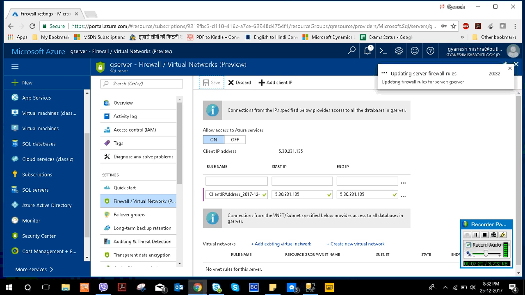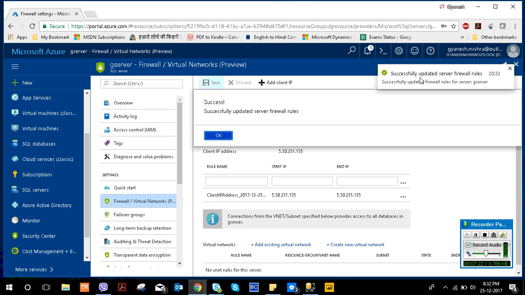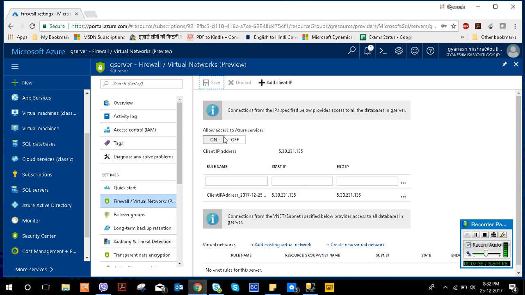So it's updating the server firewall rules, and yes, we are good to go now. As you can see, they have successfully updated the server, and it is giving me a message box that shows successfully updated server firewall rules. Just click OK. So our first step has been completed.